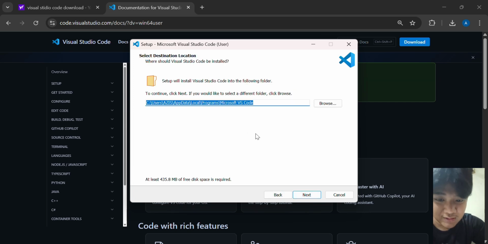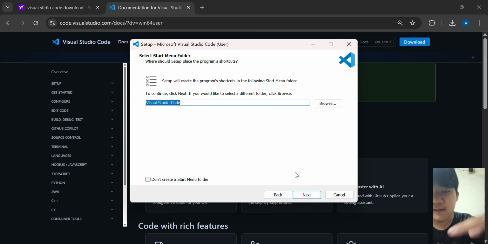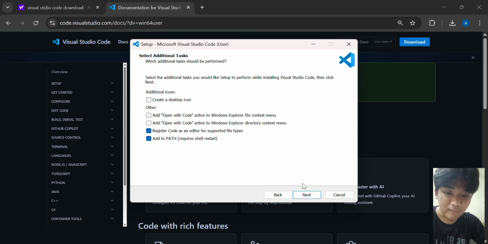After that, you can choose the location where you want to install VS Code. But if you don't want to change anything, it's totally fine to keep all the settings. Just press next again. Then you will see some additional tasks like creating a desktop shortcut or adding VS Code to your path.